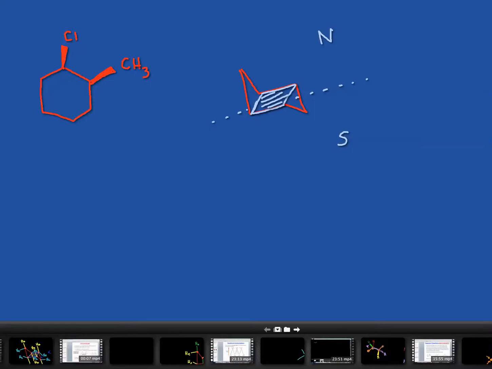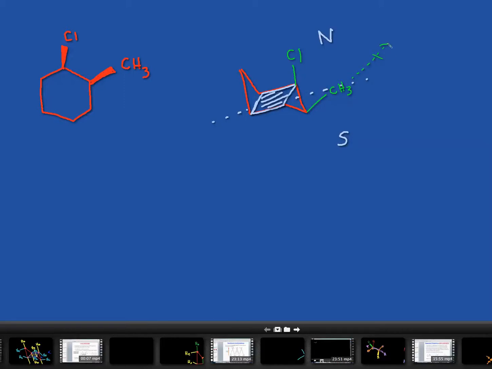And if you just take the time to do this, slow down just a little bit, you can make a really good detailed analysis of the energetics of these two conformers that we see. And so I'll put the chlorine axial. Again, I make an initial choice. I put it axial. The methyl group, now it needs to be cis. Therefore, this methyl group will have to be equatorial. So that if I were to continue my line,